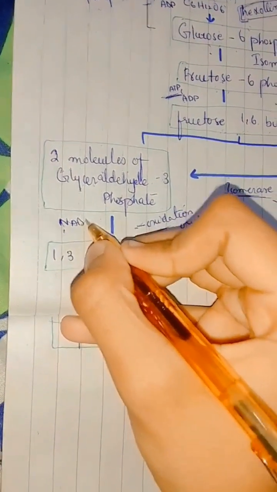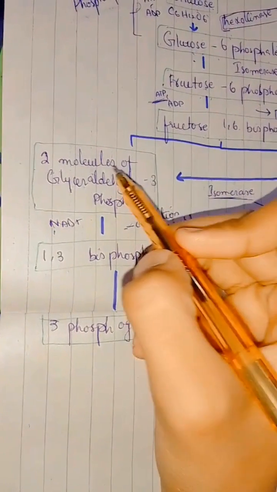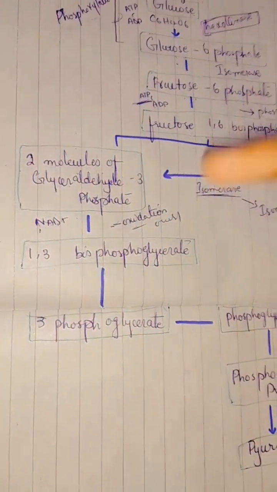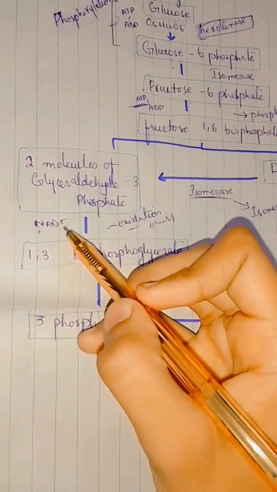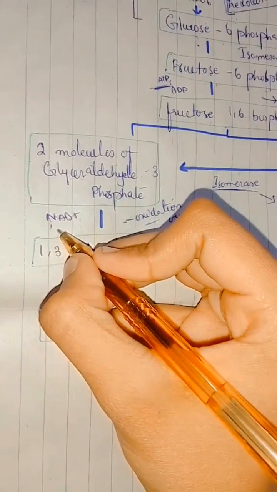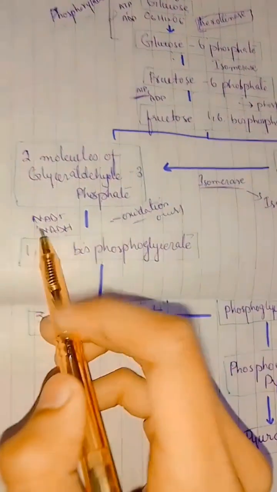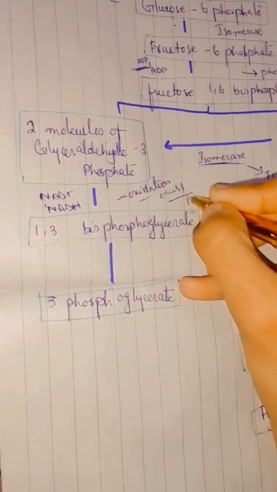The NAD ion is an acceptor that will accept the hydrogen that glyceraldehyde 3-phosphate loses. It will receive the hydrogen and convert into NADH, and an enzyme is used here, that is